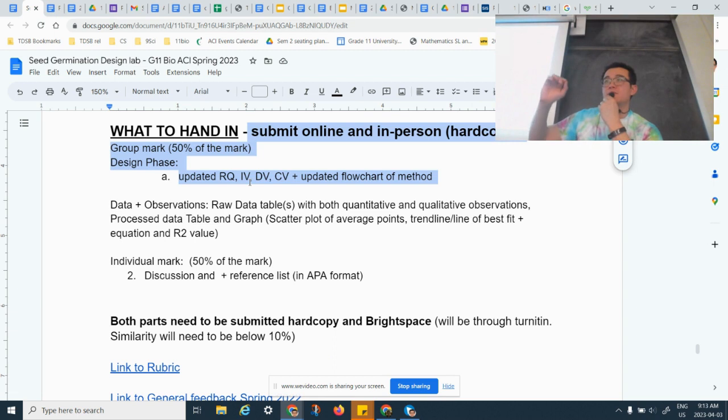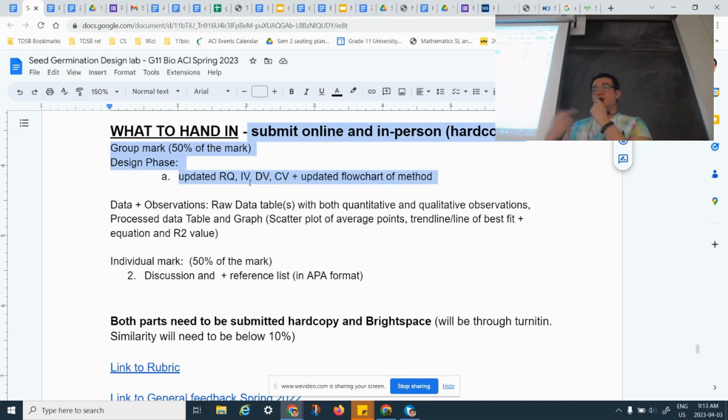During the experiment, you have tweaked or changed your original flowchart. Different numbers were put in. Some of you added some water to each bag during those 3 days. You do need to record those. Part of the whole point of doing an experiment is so that other people can read your procedure and your experiment